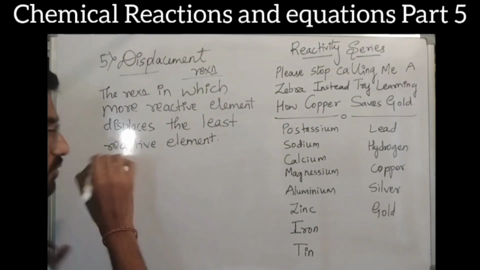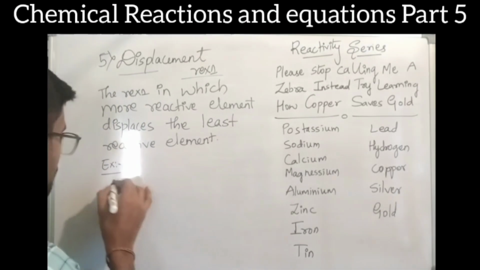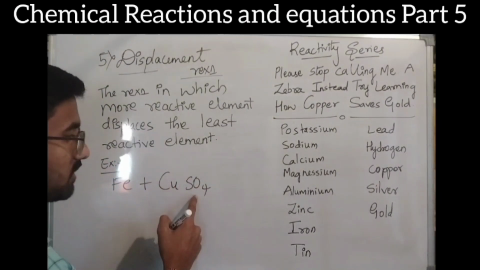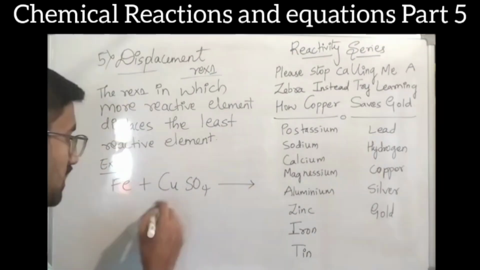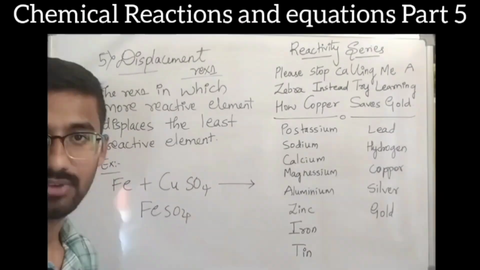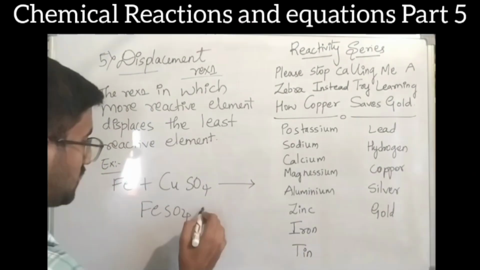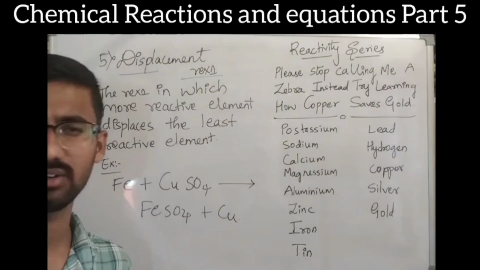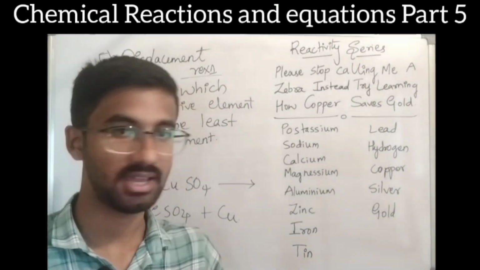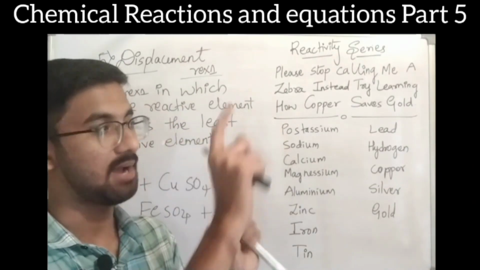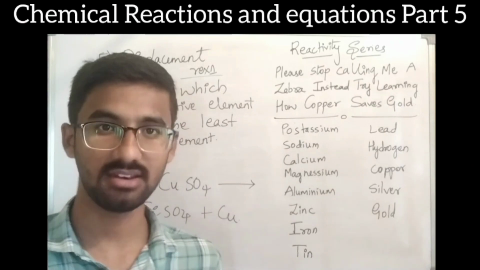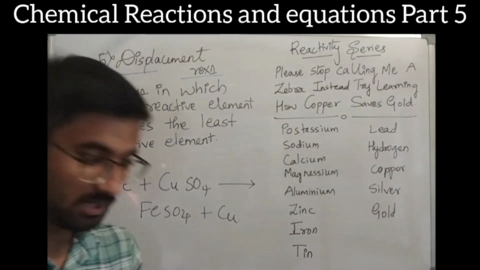Which is the best example you think? Fe. Fe means iron, right? When Fe reacts with copper sulfate, it forms FeSO4, ferrous sulfate, plus Cu as the product, which remains in the solution. What do you mean by Fe? Iron nails, the nails you hammer into the wall, that iron nail is iron, Fe. You dip it in the solution of